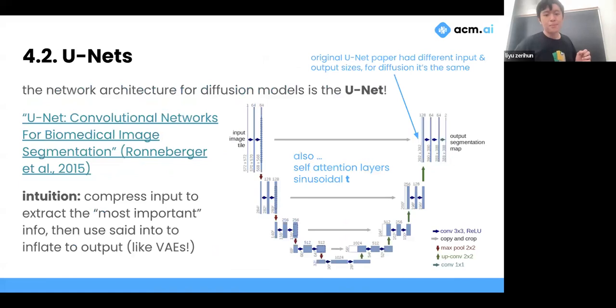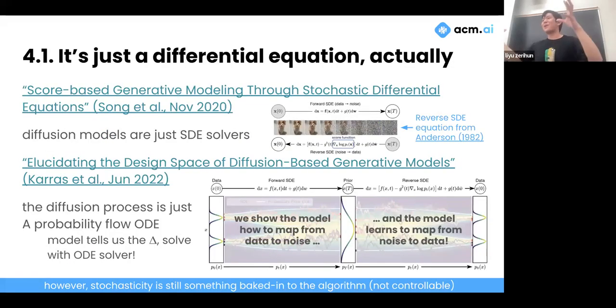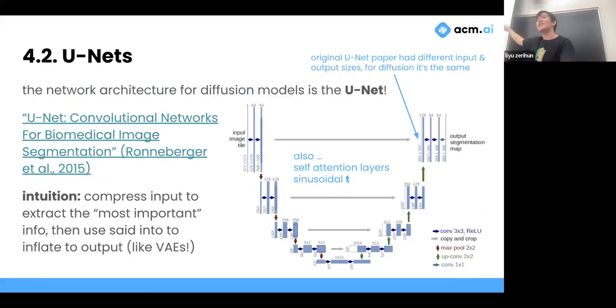Okay, cool. And I want to talk about something real quickly, which is U-nets. We've been looking at this model and I've been treating it as just a black box. What exactly is it? It's a CNN, of course, but a very specific architecture of CNN, which is something called a U-net. Specifically, kind of similar to an autoencoder. A U-net starts out with a bunch of convolutions and downsamples those convolutions to something much smaller, usually like a vector or some really small size. In this specific case of a diffusion model, it goes from like 64 by 64 to like 8 by 8 or something like that, right?